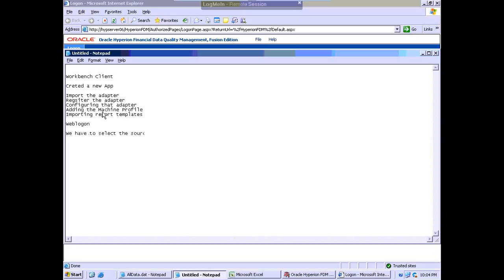the source file. Okay, we have three sources like Excel sheet, flat files, database. In these sources, I am selecting flat file. Okay, so the input and output for this FDM is in .dat format. Okay, so first we have to select the source, and next